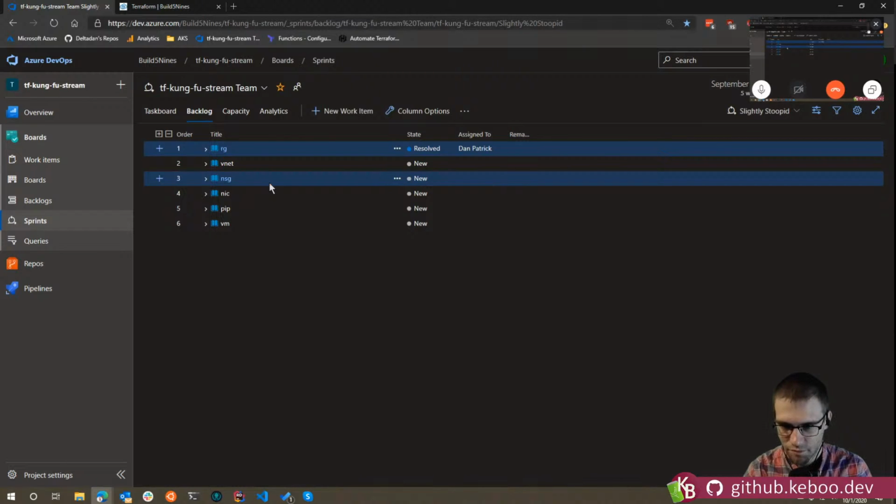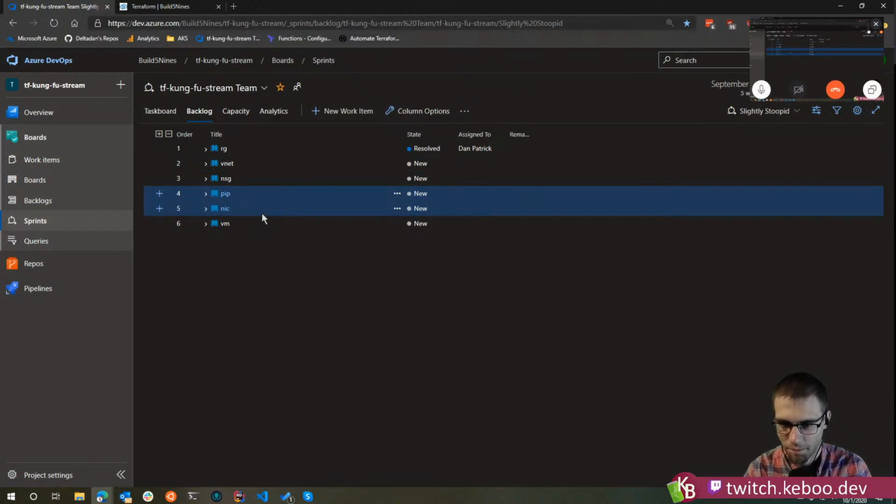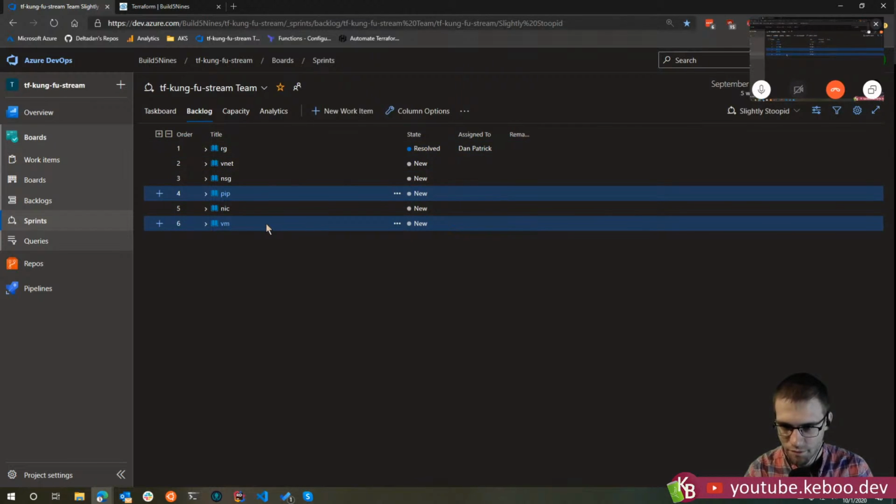Yeah, so obviously we have to have a resource group. The VNet has to be there in order to lay a VM down. An NSG then would probably be next if we wanted to have that for the subnets, network security groups to filter traffic. And then of course we need a NIC. Actually, we need a PIP before we need a NIC. That's out of order. We need a public IP that's there, so when we build the NIC and associate it, it'll be there. Yep. And then all of that stuff has to be around in order to create the VM.